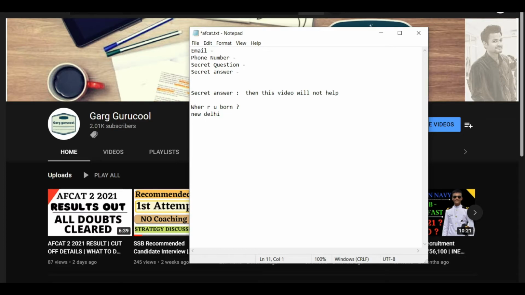Now the thing is, with this New Delhi there are so many combinations which can be done. It can be New Delhi with different capitalizations, it can be New Space Delhi.